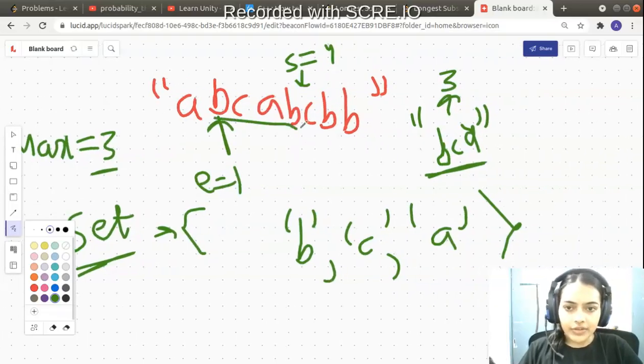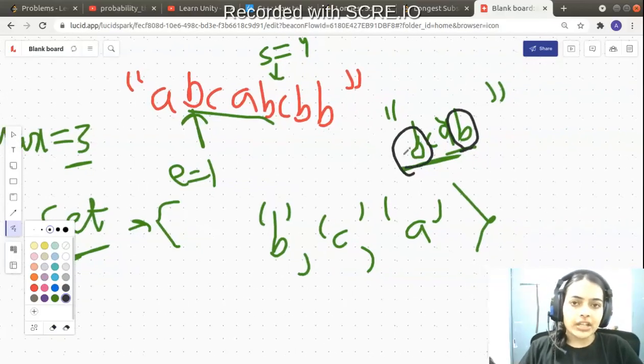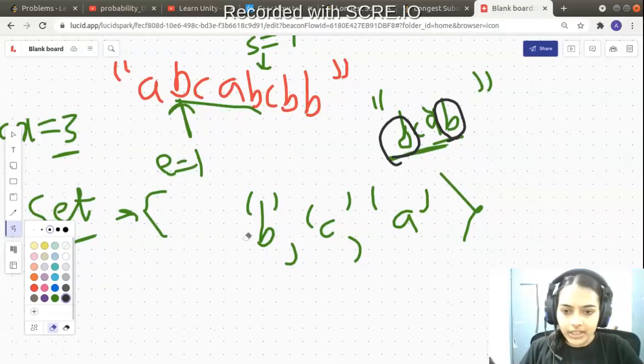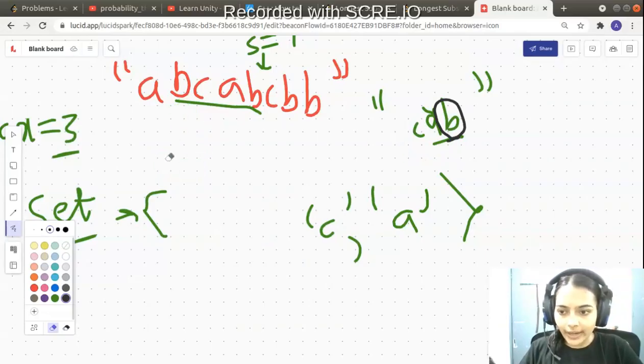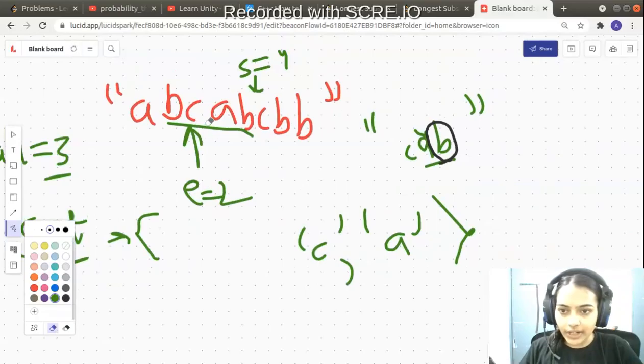So now I have this substring which is BCAB. So I write that substring out first of all. So BCAB is the substring which I am currently looking at. Now is this substring unique? Does it have any repeating character? So you can observe that B is again repeating. So I have B which is a non-unique character. So what do I do? I just pop out this B from my set so that I can make the substring unique. So now I pop out B, and what do I mean by popping out B? I move my end pointer. So now my end pointer has become equivalent to 2 and my start pointer is pointing at 4. So the substring that I am currently looking at is simply CAB.